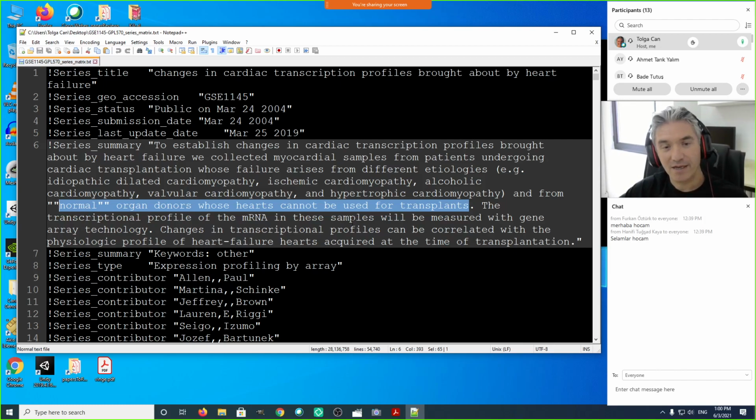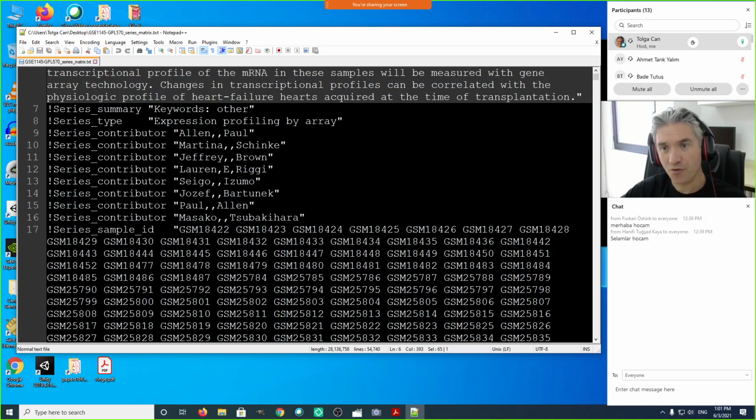It shows that if there was an organ donor, unfortunately that donor died, and his or her heart is going to be used for transplant. But if those hearts cannot be used, they can be good normal tissue samples. If nothing else, since they will not be able to use them, probably there's a certain time window in which they can be used as transplant. If they cannot be used, those tissues can be collected for later usage, and those normal tissues were obtained like this. So now we can compare two cases here: